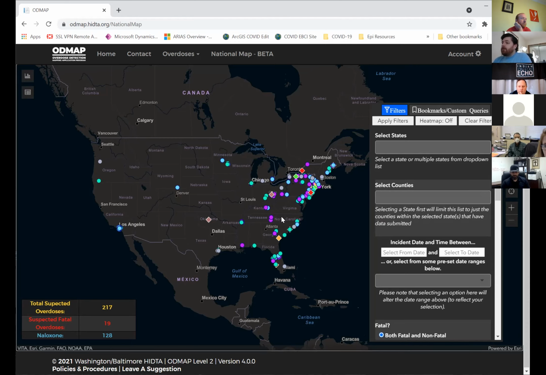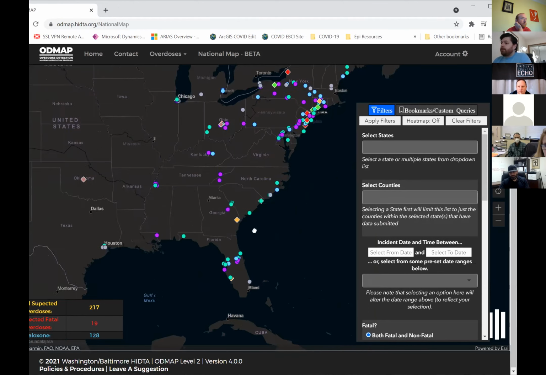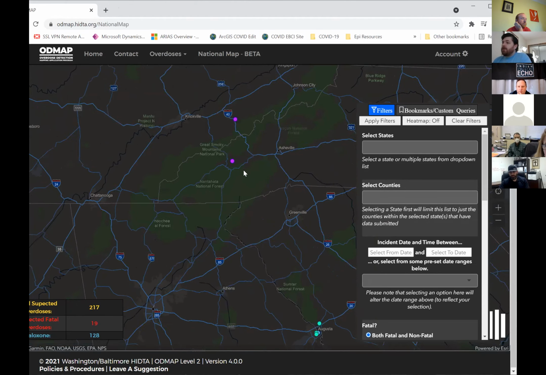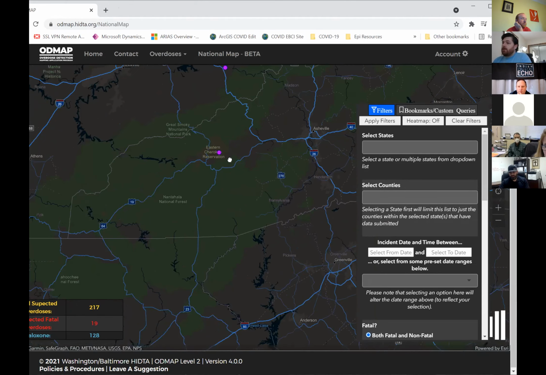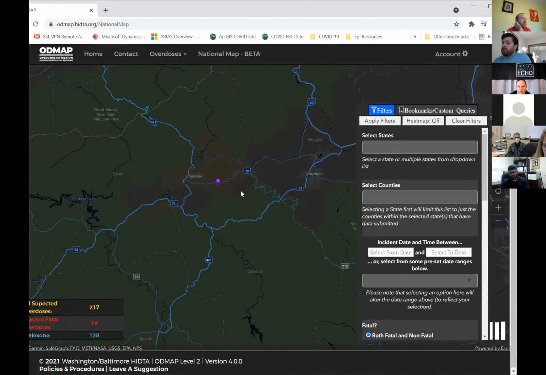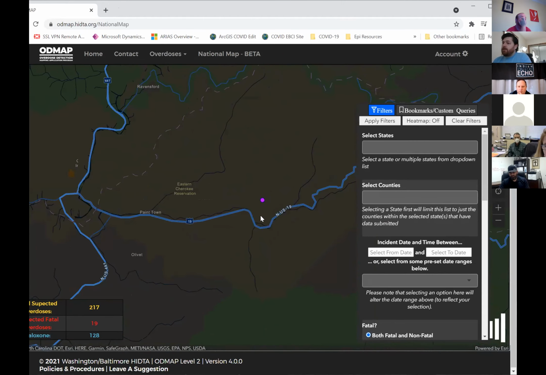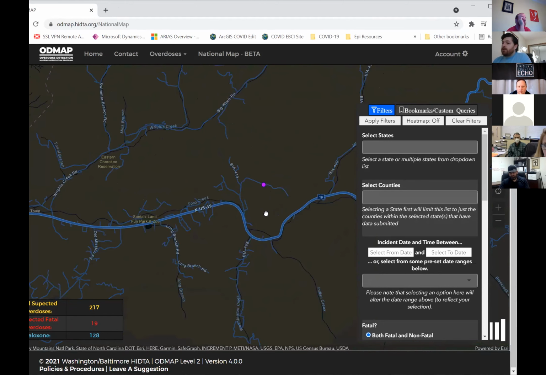But you can zoom in on here. Let me pull this over a little bit. Like right here, this is us. Yesterday we had an overdose. It's Eastern Cherokee Reservation there, it says. This is as far as you can zoom down right here.